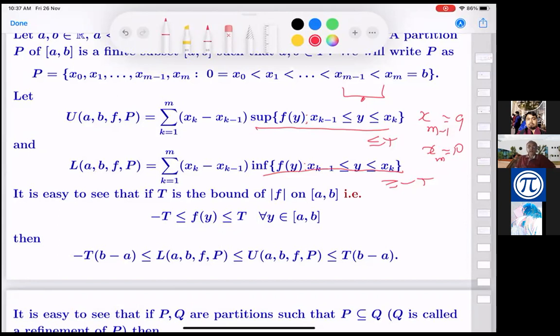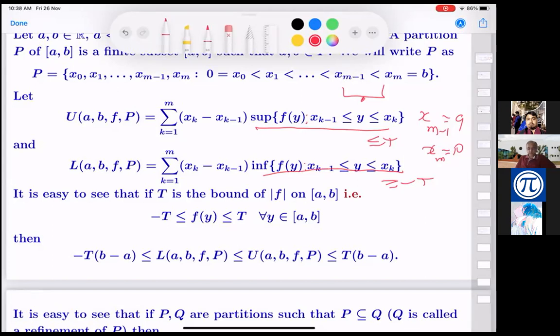So the length will go into two parts. Each one will get multiplied by the supremum. So the supremum in both of them could be the same, or one of them could be smaller, the other one could be the supremum. So we can see from here that the UFP will go down because one term is split into two parts and the supremums can be the same or going down. Infimum can be the same or can go up.